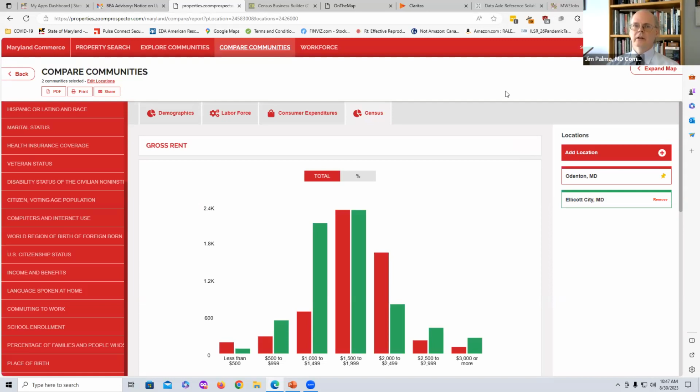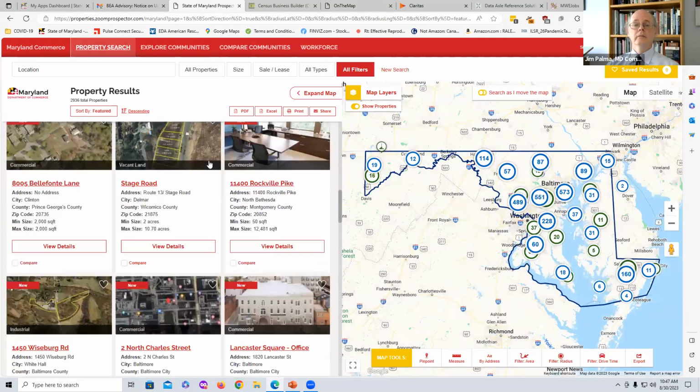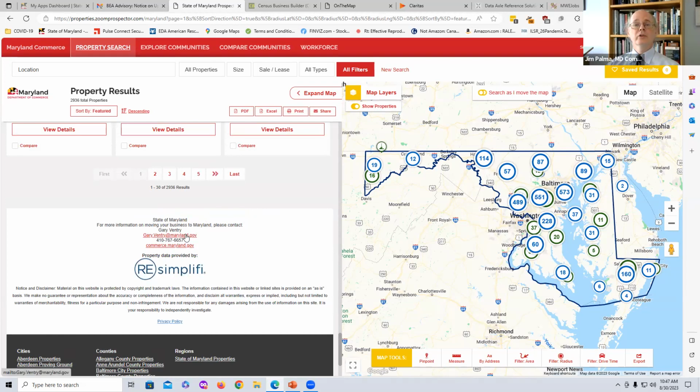As you can, if we get back to the front here, at the bottom, you can see that there's a contact here, Gary Ventry, if people know Gary. Gary is sort of the official contact for the system. You can send it to him, or you could send it to me, and we can enter it. We have the ability to directly enter properties. If you have more than one property, if you're a broker and you generally rep properties and you want to get them into the system, it is possible to get your own individual login